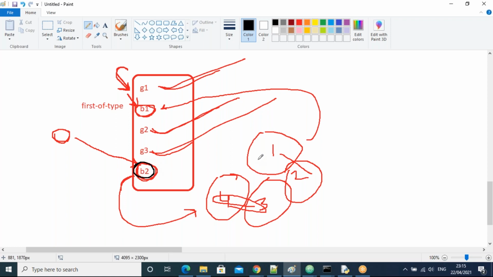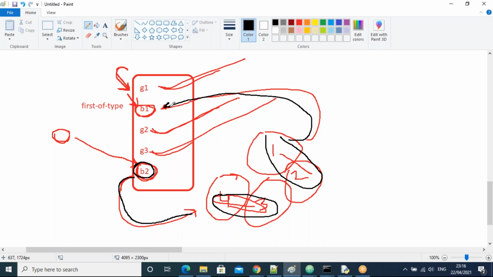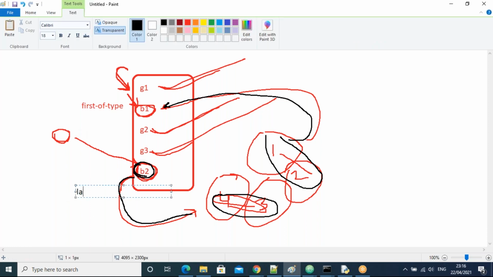Out of four properties, choose any two. So boy two selects, for example, the third and fourth places. He likes these two. Then automatically the remaining two go to whom? To boy one, guys. So while sharing the properties, the preference is going to whom? Boy two. Then that is the which one? Last of type, guys. So first of type, last of type.